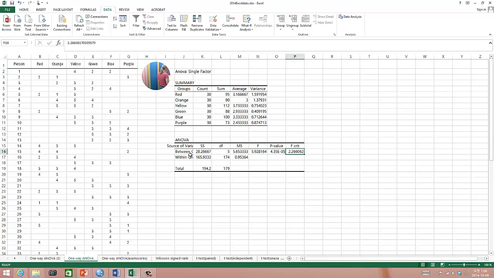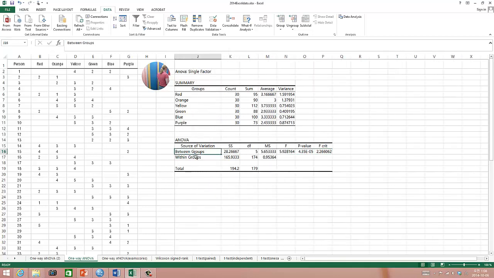So our ratio between group variability to within group variability has reached even farther. So it's bigger than the ratio that occurs at this critical value. Therefore, our p-value should be much smaller than 0.05,